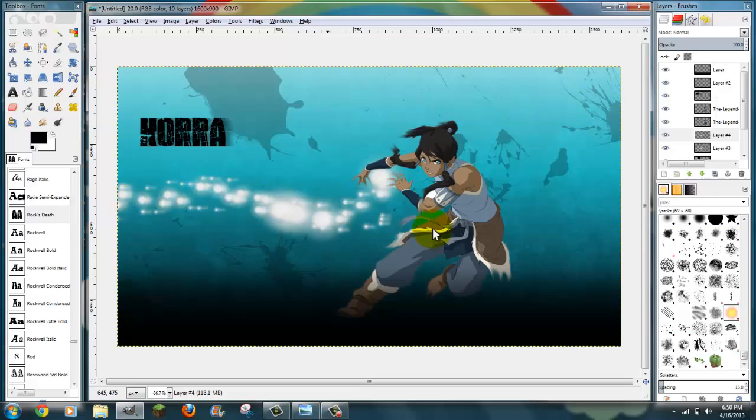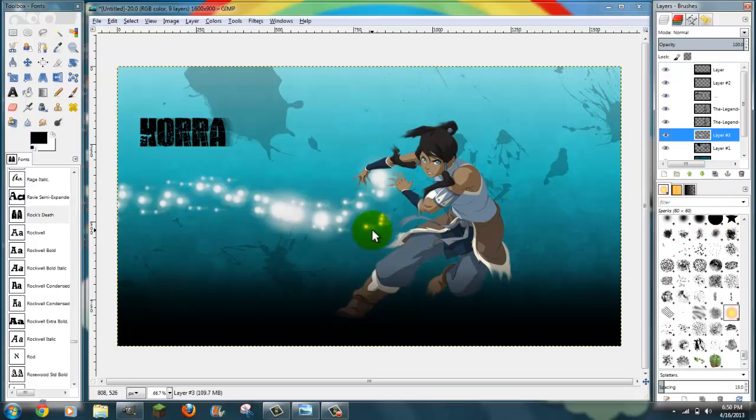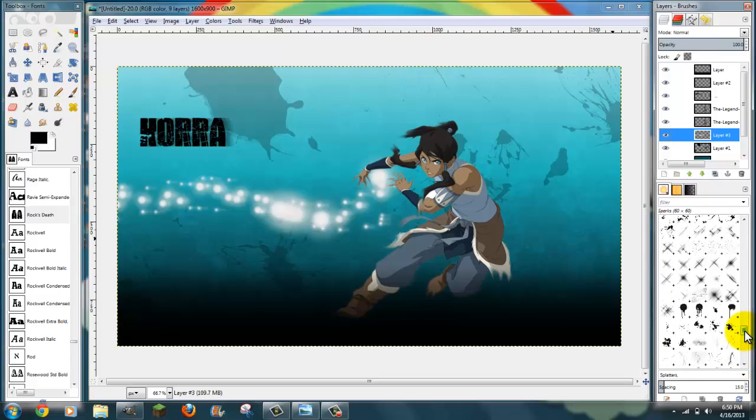Yes, that looks really good. Now we're going to bring down the opacity just a little bit. I know I bring down the opacity a lot, but it really does help in the long run. Then we're going to merge these two together. And you're done. Now, you can have some variation of brushes and stuff, or whatever you want to add. Really, it doesn't matter. It's your picture. And what I always do with most of my